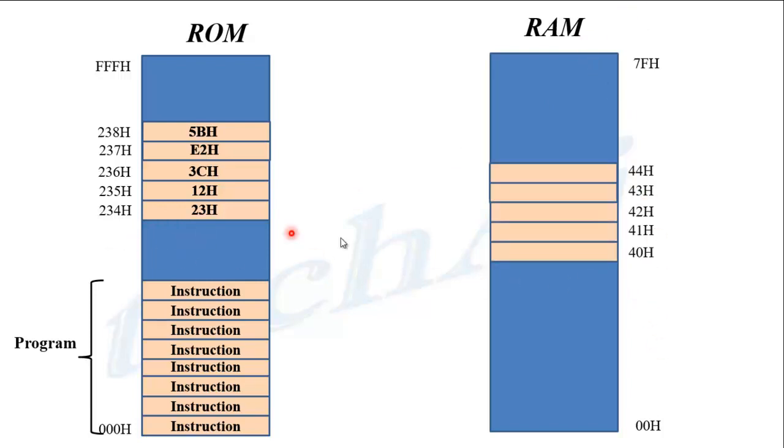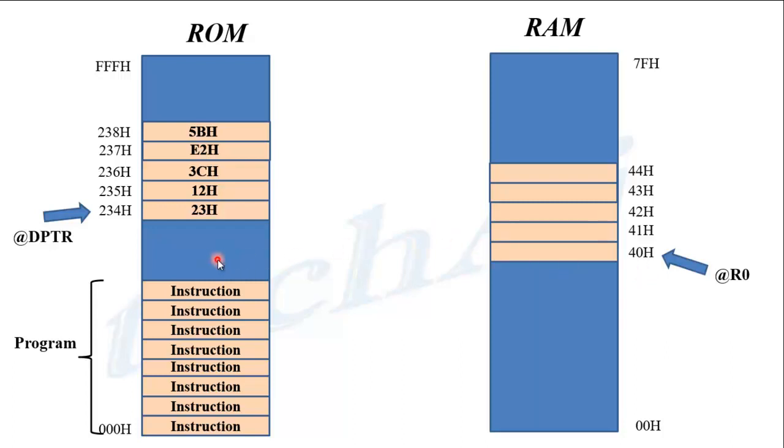Now to perform this data transfer operation, we require one address pointer which will point to the ROM memory address and another address pointer which will point to the RAM memory address. ROM memory address is a 12-bit, hence we will take DPTR as an address pointer which will point to the initial address of a ROM memory. Similarly, RAM memory is 8-bit, hence we can use 8-bit address pointer, that is @R0.